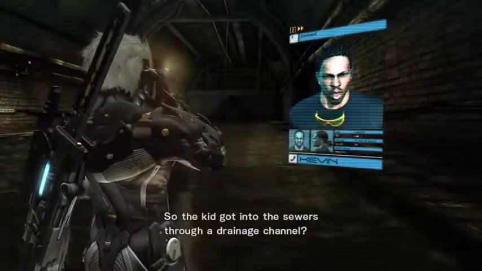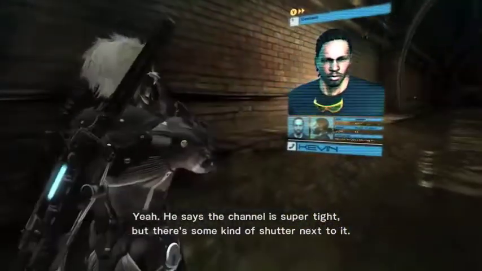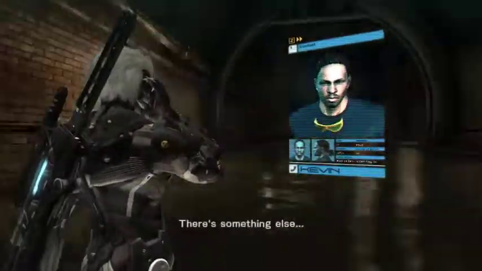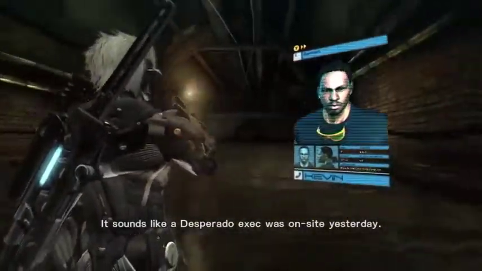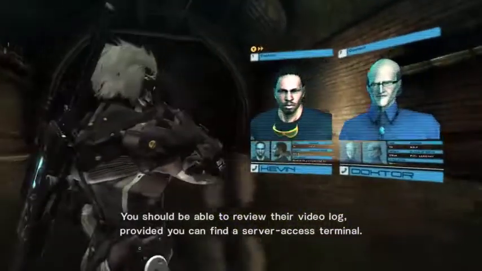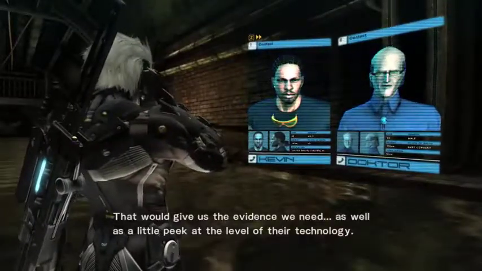So the kid got into the sewers through a drainage channel? Yeah, he says the channel is super tight, but there's some kind of shutter next to it. Got it. That must be where they dumped the waste. There's something else. It sounds like a Desperado exec was on site yesterday. If a Sentry Cyborg was on hand for the meeting... You should be able to review their video log, provided you can find a server access terminal. That would give us the evidence we need, as well as a little...